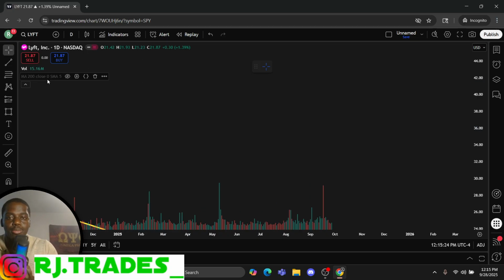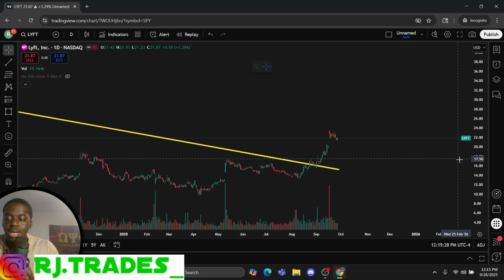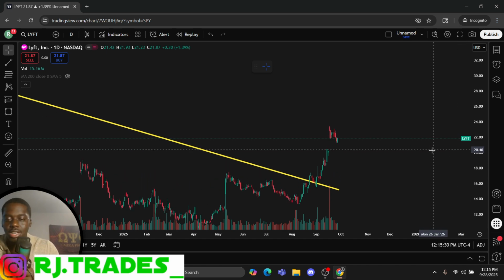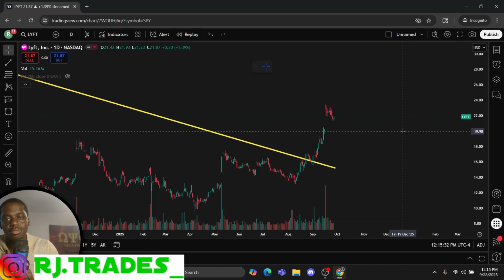All right. A bull flag. What makes a bull flag pattern, and what is it? Okay. What is a bull flag pattern? A bull flag pattern is a continuation pattern to the upside. So when you see this pattern, it's more than likely to continue in the upward direction. That's what it tells you. When you see this, the stock is more than likely to keep going higher.